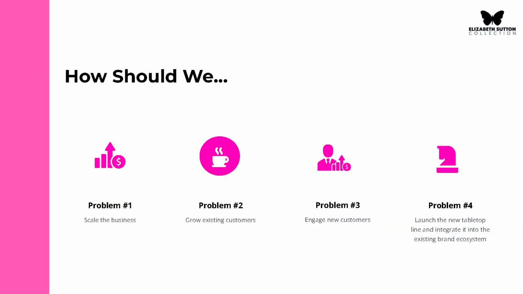Based on our initial analysis, we identified 4 main challenges that would guide our project. Firstly, scaling the business, then growing the existing customer base, launching the new tabletop line, and finally engaging new customers. Each of these challenges required a targeted approach. For scaling the business, we needed to develop a strategy that would allow Elizabeth Sutton Home to grow sustainably while maintaining its brand integrity. Growing the existing customer base involved leveraging Elizabeth's current audience and finding ways to increase their